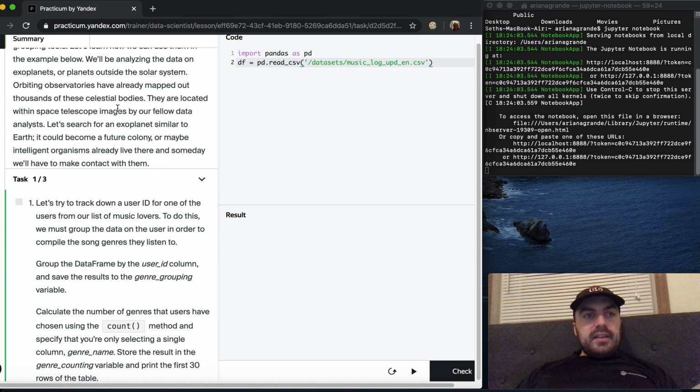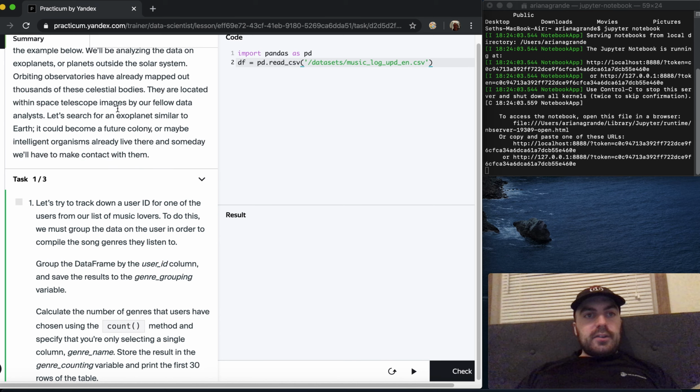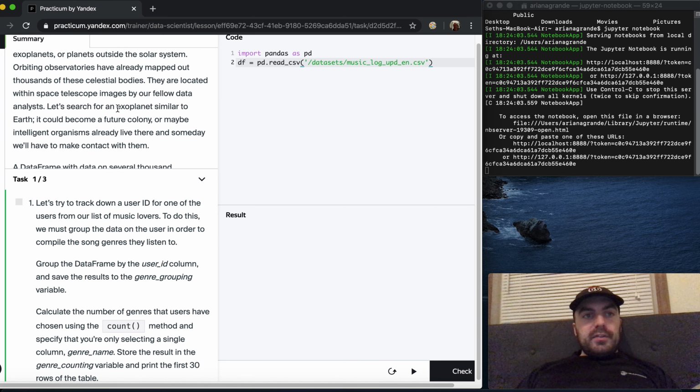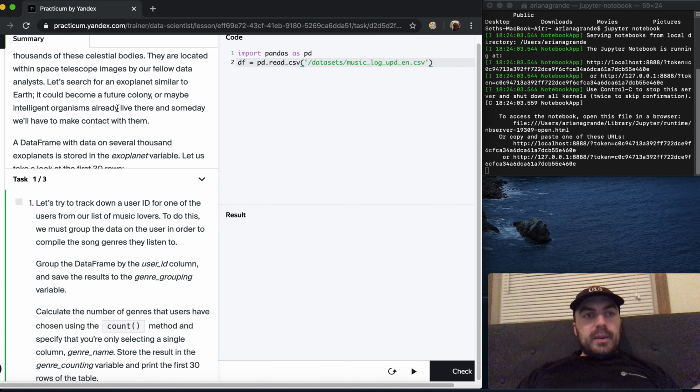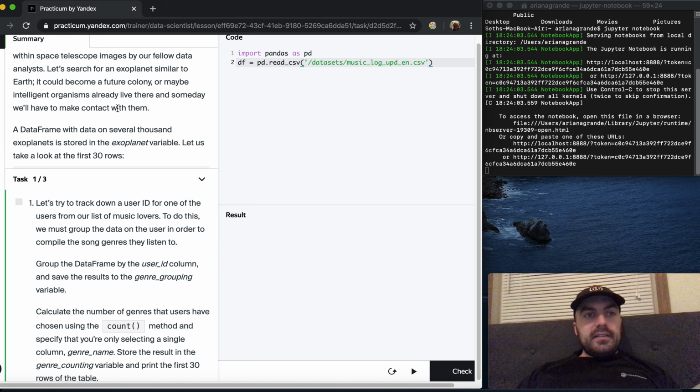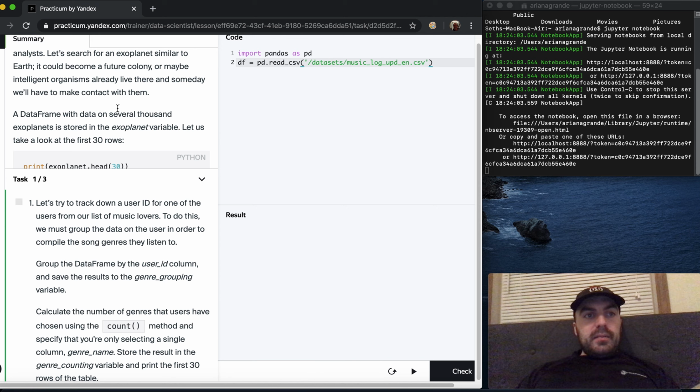We'll be analyzing the data on exoplanets, or planets outside the solar system. Orbiting observatories have already mapped out thousands of these celestial bodies. They are located within space telescope images by our fellow data analysts. Let's search for an exoplanet similar to Earth. It could become a future colony, or intelligent organisms already live there, and someday we'll have to make contact with